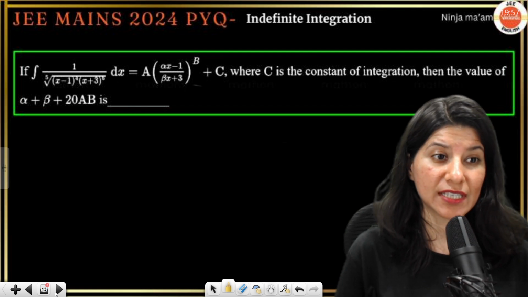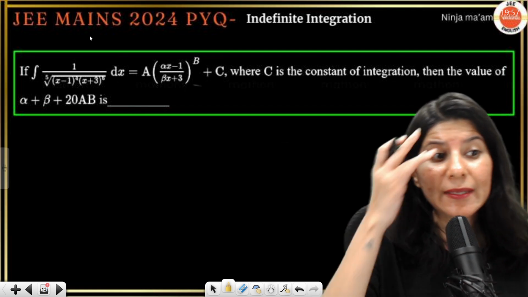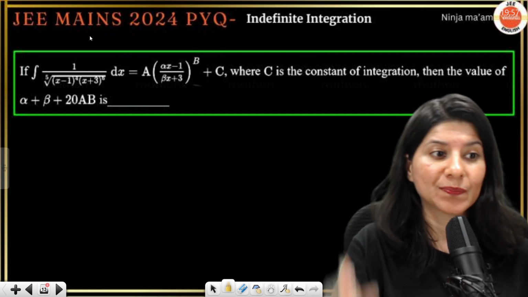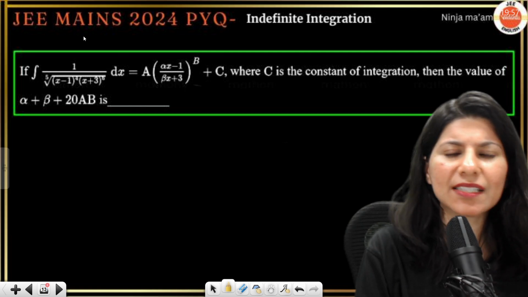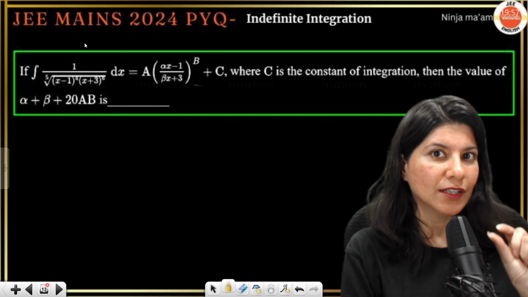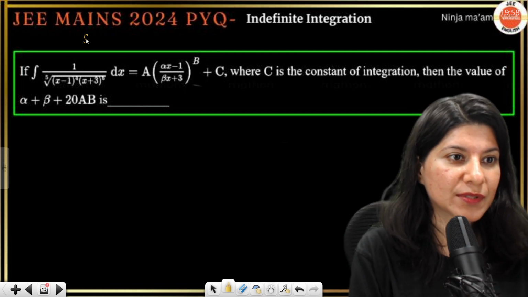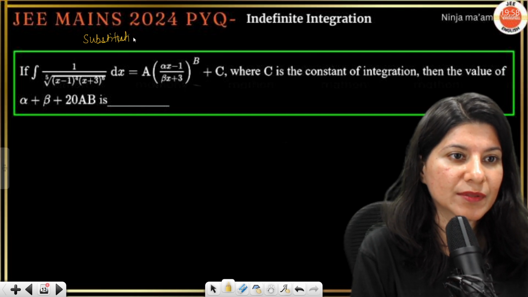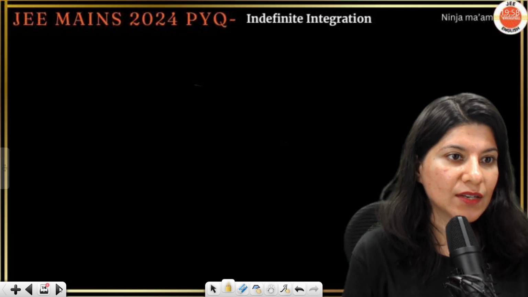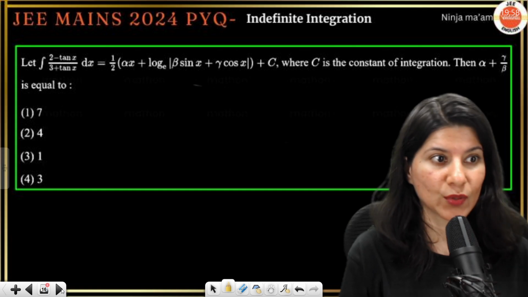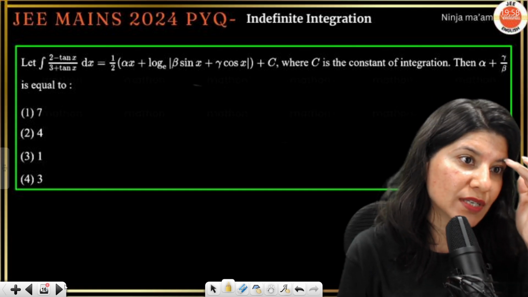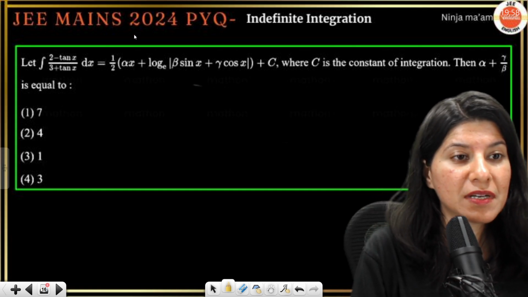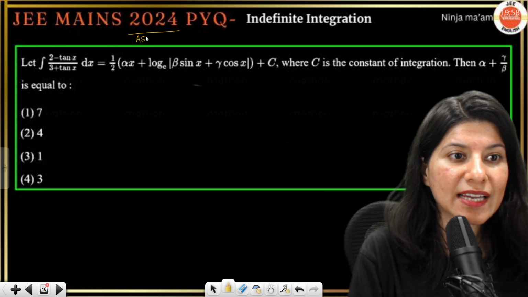And the next question is a good question. Again basic substitution, but a standard question. Then we have our last question, which is of the form where the denominator is a sin x